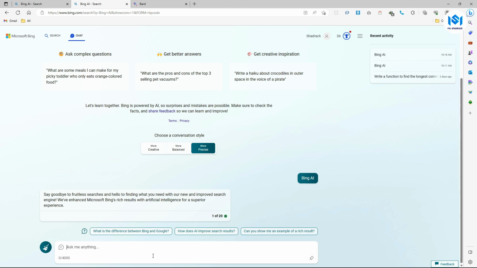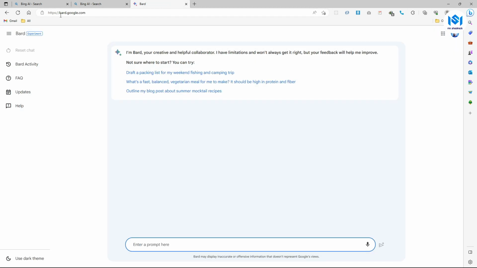It is not only about programming questions. You can ask Bing and BARD any question at all, depending on your field. I use it as a developer, so mostly when I want to solve programming questions, I can ask Bing or BARD. And then with BARD, when you go to bard.google.com, you are going to open BARD, and then you can put in your prompt here, and then it is going to respond to you.